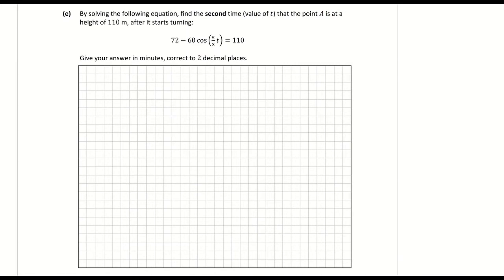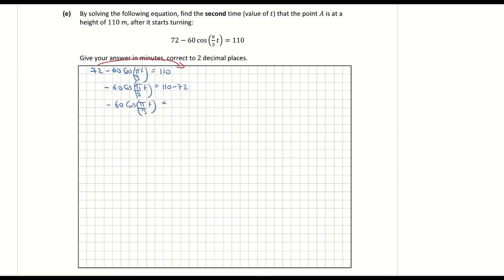Part E. By solving the following equation, find the second time value of t that the point A is at the highest, the height of 110 meters. So we're solving the equation here: 72 minus 60 times cos pi over 3t is equal to 110. First thing I'm going to do is subtract 72 from both sides. So that's giving me minus 60 cos of pi over 3t is equal to 110 minus 72, which is giving me